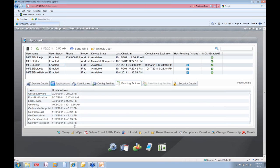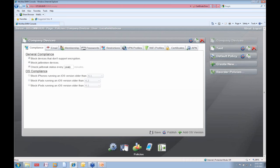And then here at the bottom, making sure that you have full management over wiping the device, removing anything if it's lost or stolen, deleting email and PIM data, maybe locking or resetting a password, or like we talked about, if for some reason a device falls out of compliance, having that ability to see that. And then making sure, finally, that you can go in and have the compliance components based on the policy set,